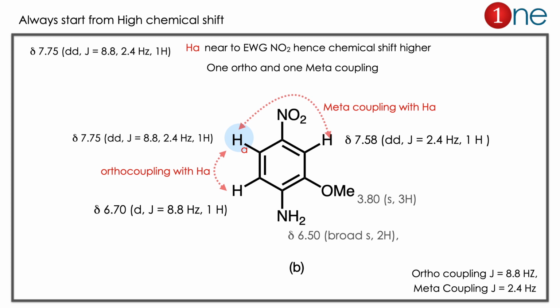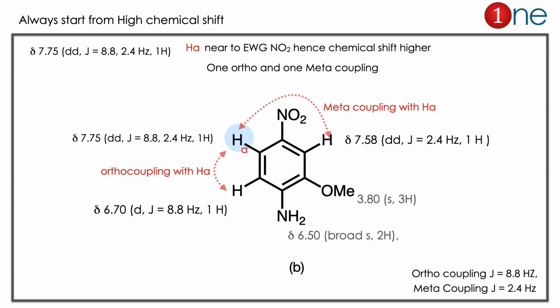Then we have to fix the other ones. So 3 are already fixed and NO2 is definitely nearby to the proton He. So these are all fixed. Now we have to fix the remaining ones, the NH2 and OMe positions. NH2 and OMe positions are easy because the answer has only NH2 and OMe nearby with an ortho-meta relationship. Answer is B. Here the concept you have to learn is ortho and meta coupling.